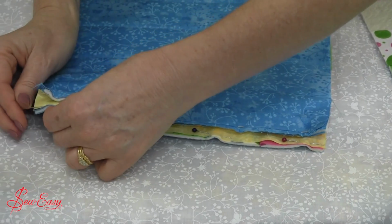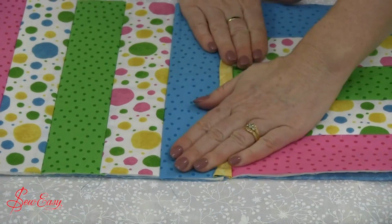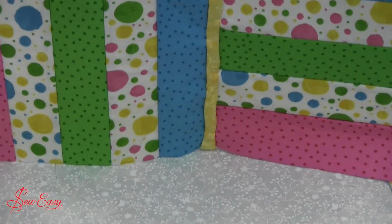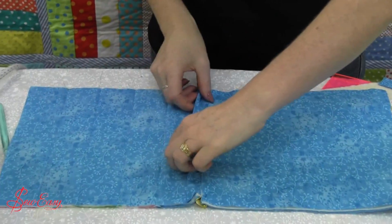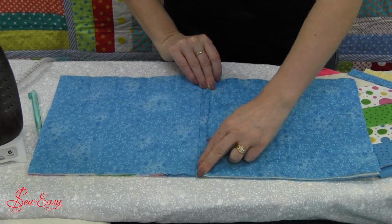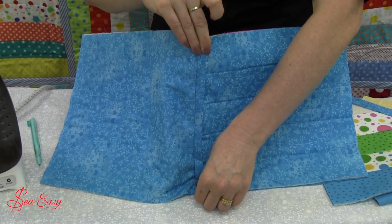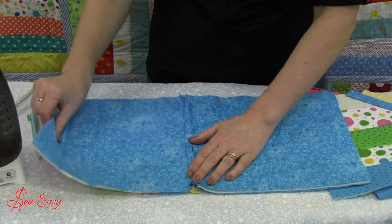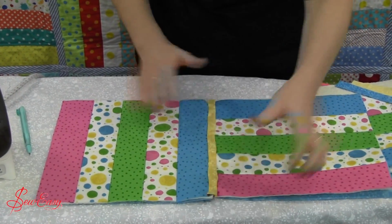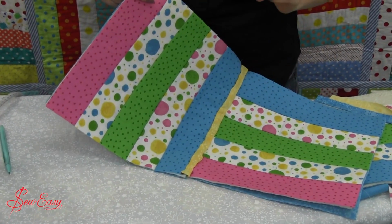Just like that. Once I've stitched that, when you open out the front, with that stitch, you'll see it gives me a very nice, neat little 1/2 inch wide strip. And then on the back, I'm going to take my back strip and fold that over the join. That will meet the stitching line, and then you hand stitch that little bit in place there. You could also machine sew if you were quite a precise machine sewer. So there you go. That's a really simple little idea, a stitch and flip scrappy quilt